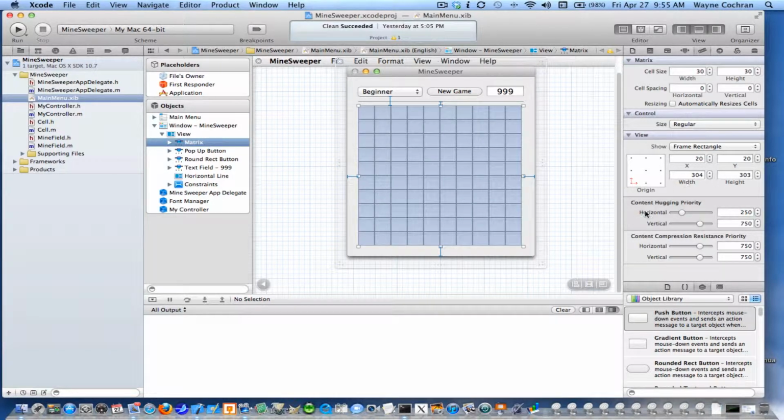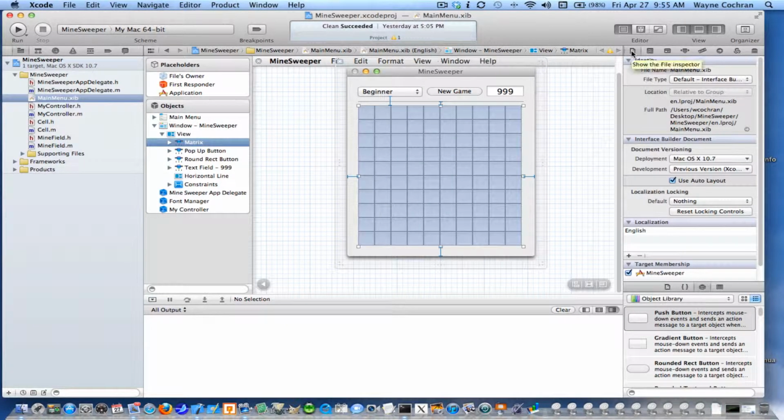There's actually an old school way to do that, and I'm going to show you kind of the old school way to do it. So if I click over here on the file inspector, you'll see there is a checkbox